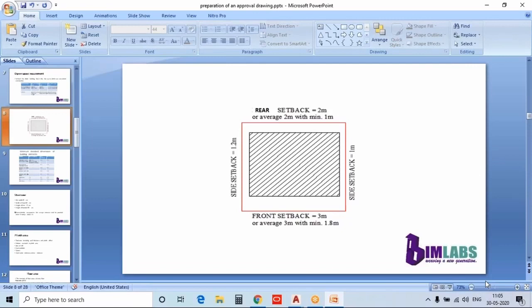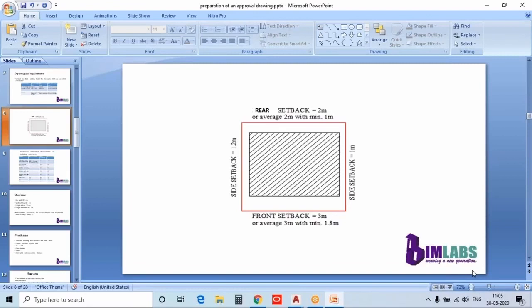Okay, ma'am. If there is a canal near a residential building, what is the distance of the septic tank to the canal? I have to look at the Kerala municipality building rules for the case of a canal. I will mail you, so if you can give me your mail ID, I can mail the answer to you. Okay, ma'am.